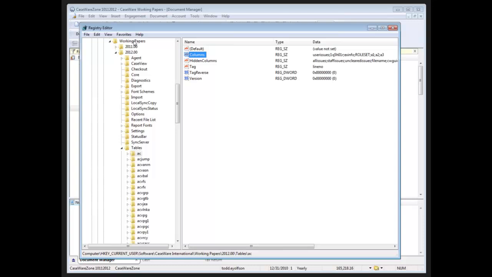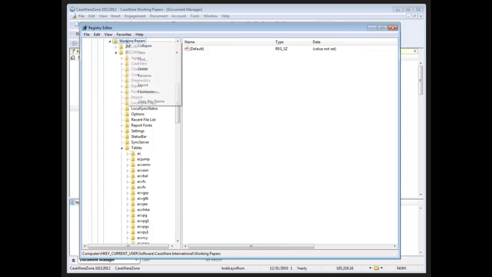Now, there is a CaseWare Working Papers Registry Key, and for the 2012 version, I'll be looking at my tables item, and in this case, the columns that I'm looking at right here. So these are the columns that are currently live within my CaseWare Working Papers file. And I would need to export this key, or alternatively, I can export the entire 2012 or the entire Working Papers key. And this would create a file on my desktop that can then be provided to other staff members, and all they'd have to do is double-click to import it into their registry, assuming that they would have rights to write to their registry. That's a little bit